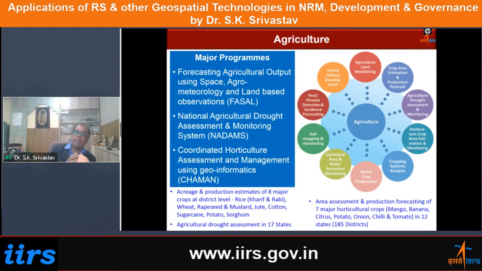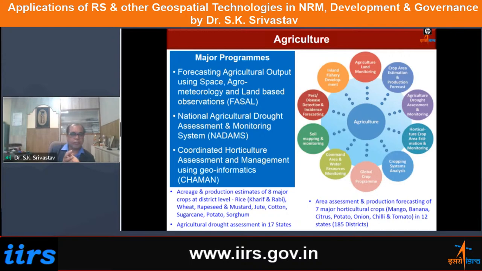Please understand that these works are being done before the crop harvesting takes place. So before the crop is harvested, the production estimates for these 8 major crops are being done by this National Crop Forecast Center using the data sets available from the Indian satellites as well as from the foreign satellites, and by combining other information. And they provide this information to the government for deciding whether we have to import a particular food grain, or we can export, and so on.